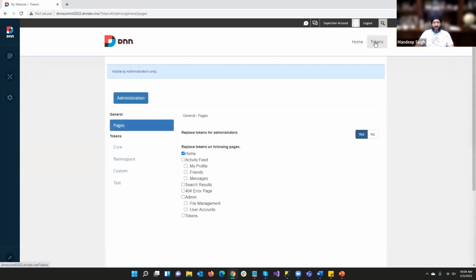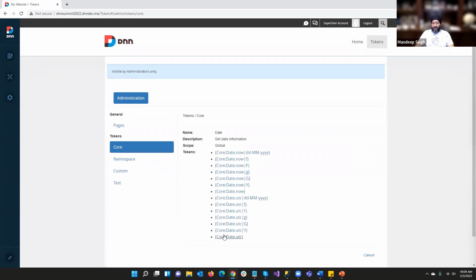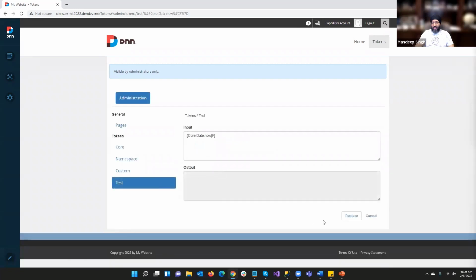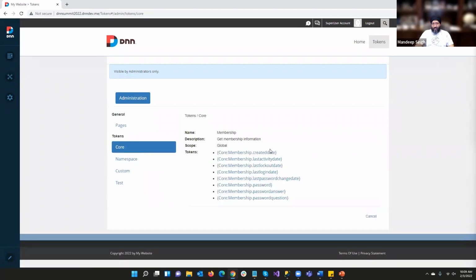Let's go back to tokens. Let's go to core. So we have a lot of tokens in terms of formatting. So if you look at date, there's a lot of different options pre-built for you. It's really easy to go ahead and quickly test that out. So that's what the date would actually look like with the time and everything if you want something. So all those tokens are right there. The membership tokens, whether last time date, change their last login date, last activity date,